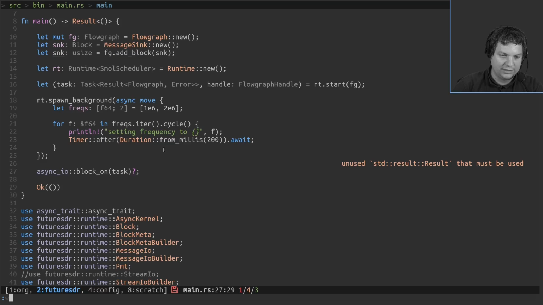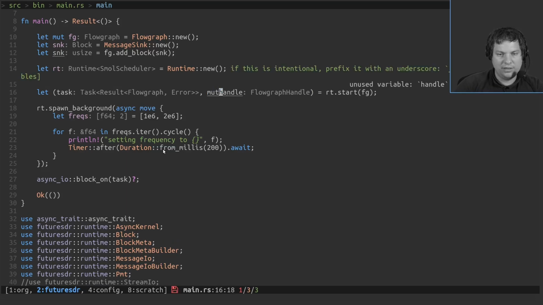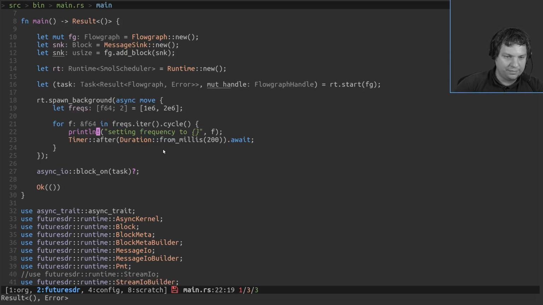In our case, it will block forever here. And in this other task that we do here, like this frequency scanner, we can use the handle to interact with the flow graph.